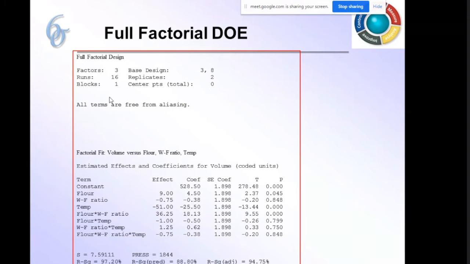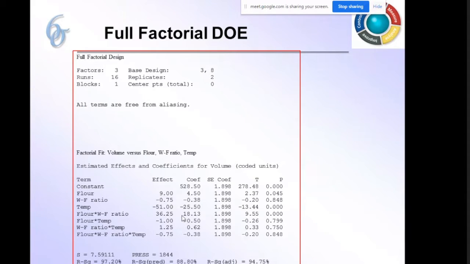Then we went to the session window, and here we could conclude that the temperature is significant as the p-value is less than 0.05, that is 0.000. Also flour and water to flour ratio was significant as the p-value was less than 0.05, that is 0.000.